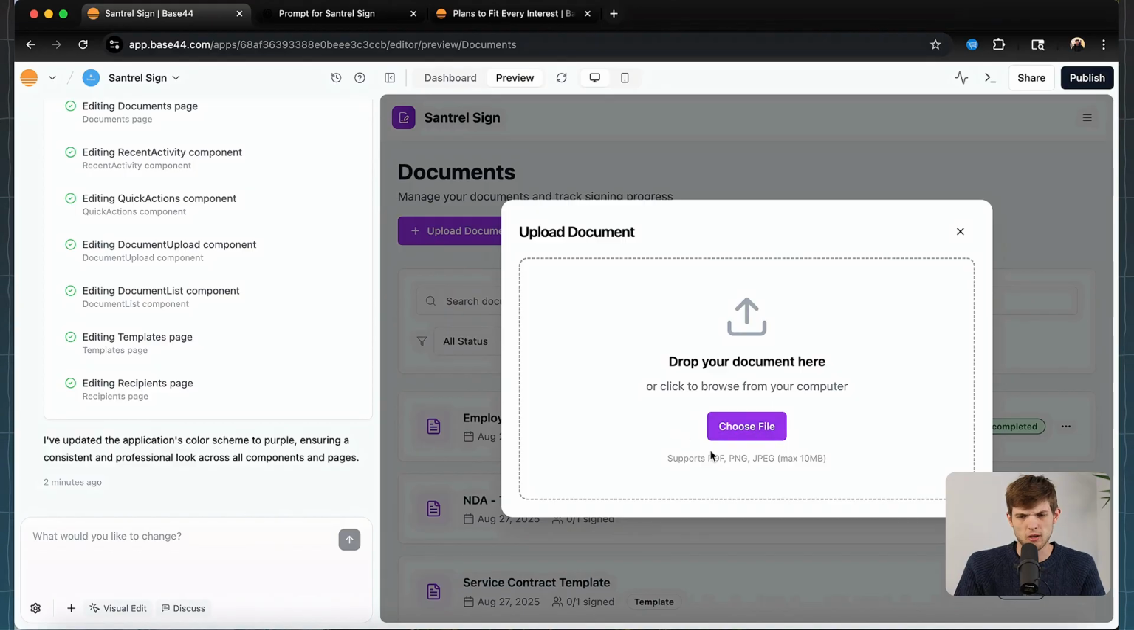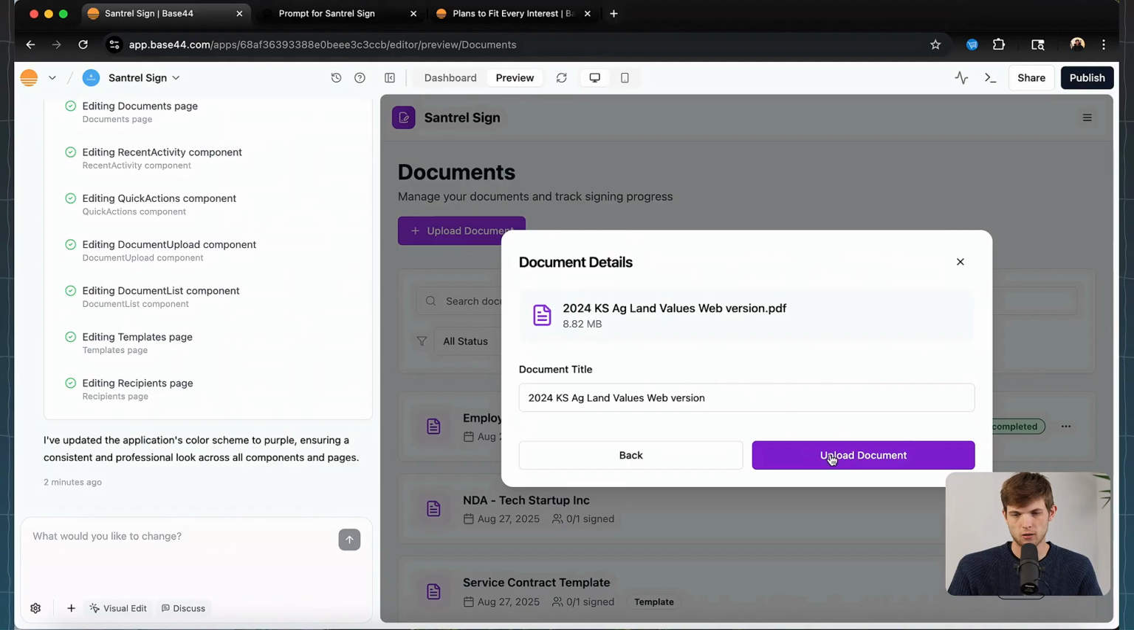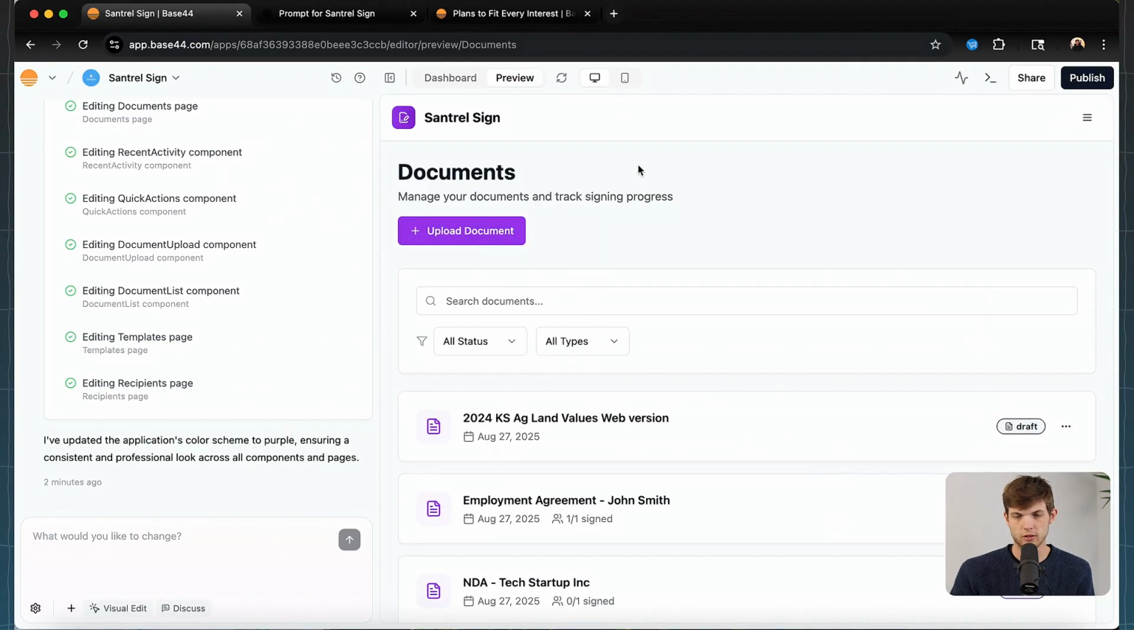Let me just upload a file here and see if we have the ability to upload it and then the ability to sign it or send a link to someone else to complete the signing. So let me do that now. I'm going to choose a file. Okay, so I've attached a file. I'm going to click upload document, and the document has been uploaded and it shows up right here in the